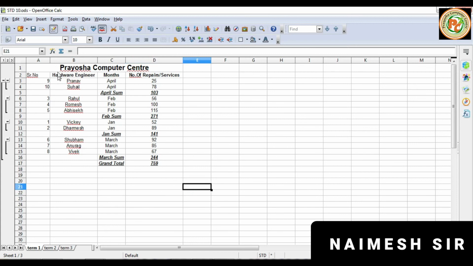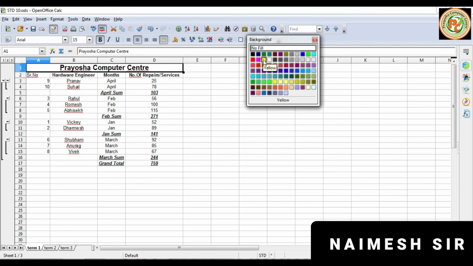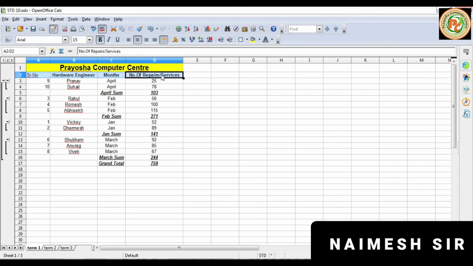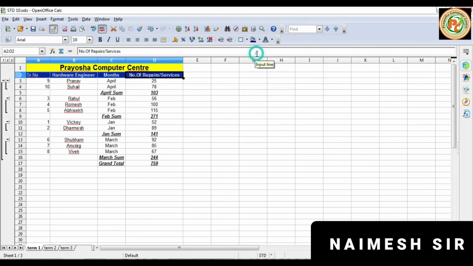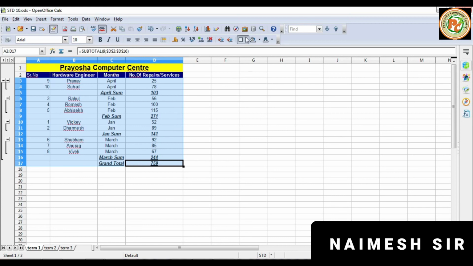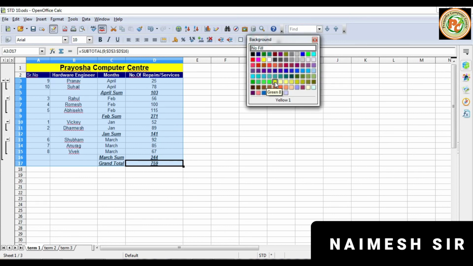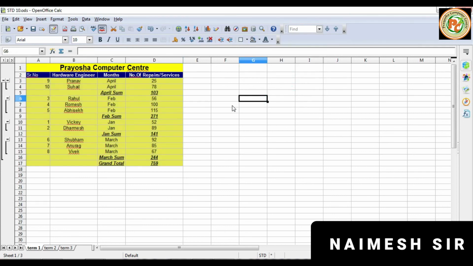If you want to set the background color, you can click here and go to the option, and select the background color. Then assign the specific background color you want, like this. Done.